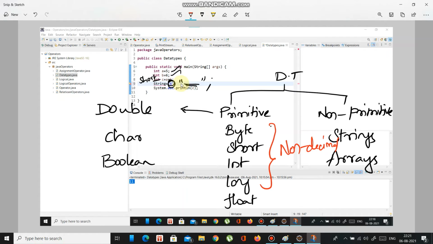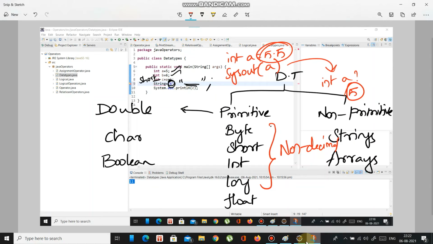See, if you type integer a is equal to 5.5 or any such number, and if you print a, you won't be getting the value as 5.5. The int a value will be 5.